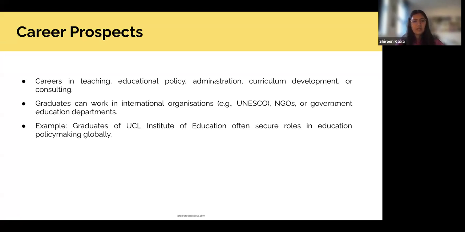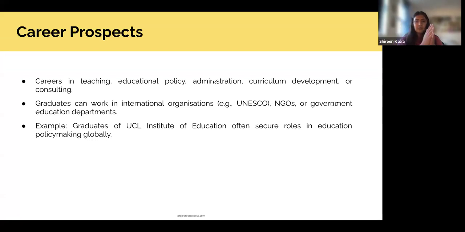And graduates, more often than not, are also very interested in working with international organizations, or departments which function at a macro level and look at challenges and policies that way. So again, career prospects obviously depend on the job market and on what your interest is and what you're looking at.